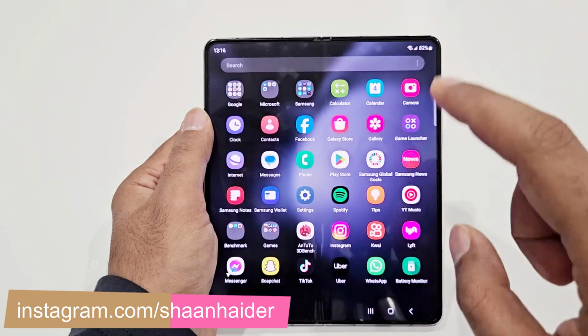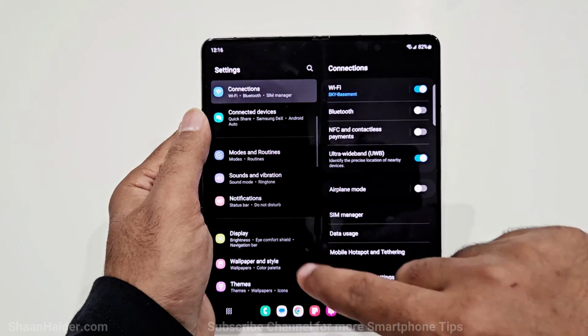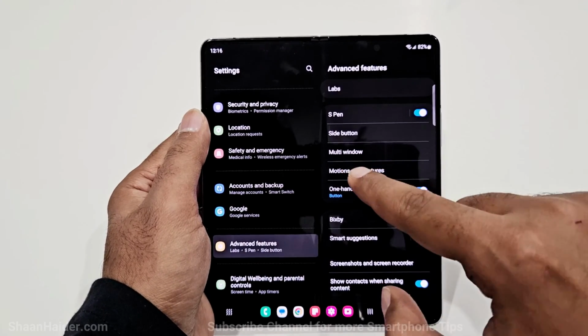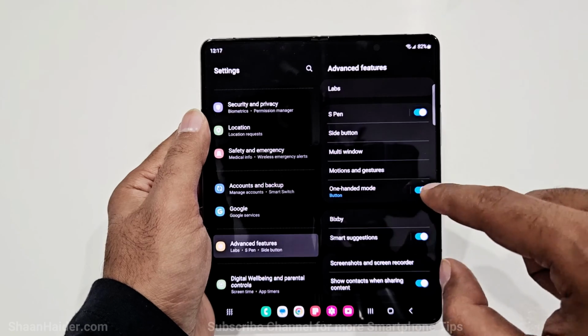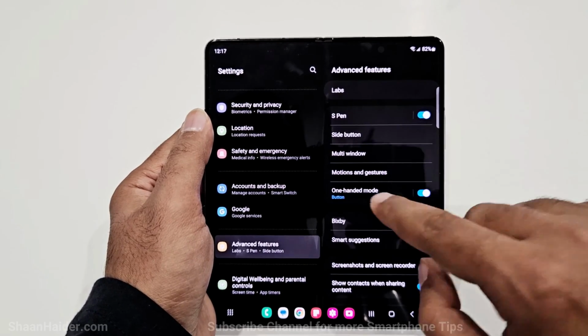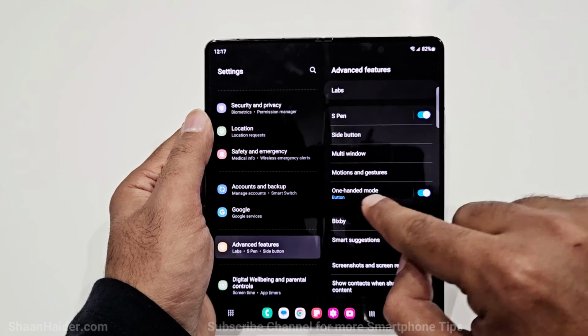For that, you have to go to the settings to activate this feature. You have to go to the advanced features, and here you will find an option called one-handed mode. By default it is turned off. You need to just tap on this slider to turn it on, and if you tap on this text here